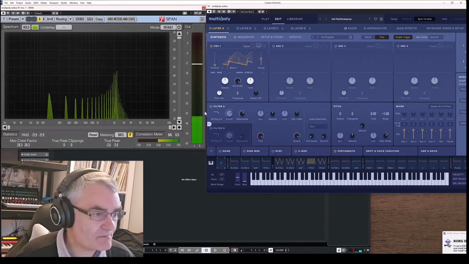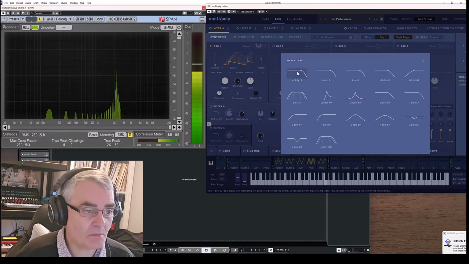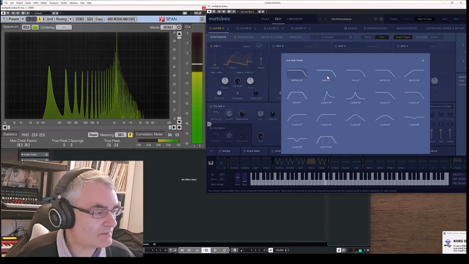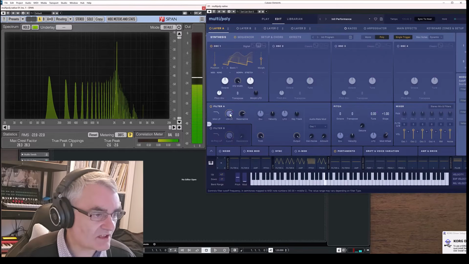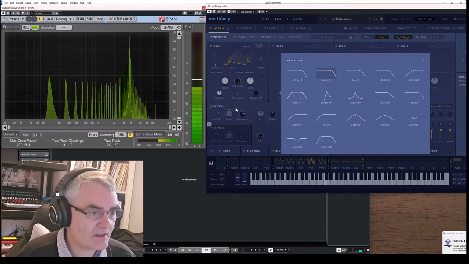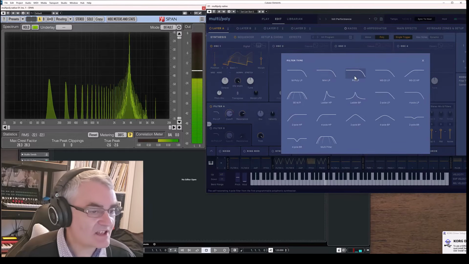Now this is where the filter types make a difference. Here in the multi-poly, we've got the multi-poly filter, the monopoly. We've got a mini Moog one, which instantly you can see the difference. If I start to play with the resonance, like that, I can switch to the Prophet 5 one. You see